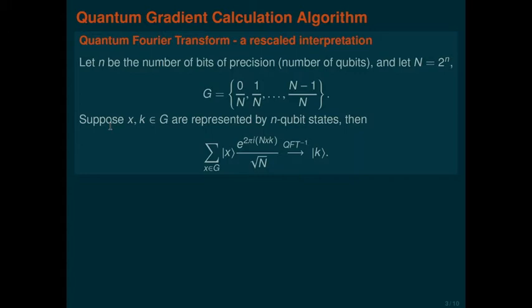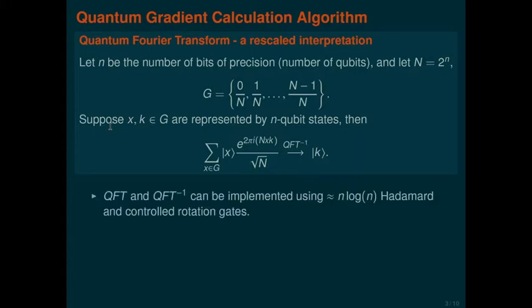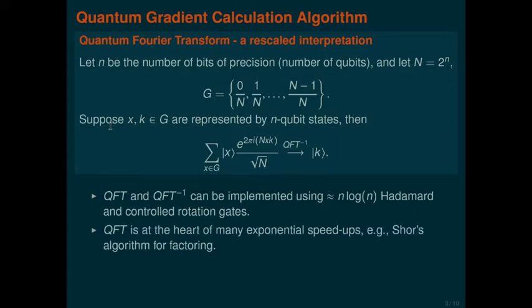Anyway, the Fourier transform from such a state would give me back basically the momentum of the state, the k vector. The Fourier transform is very useful in many quantum algorithms. It's easy to implement with a few gates, and it is the basis of many exponential speedups in quantum algorithms. And it's relatively insensitive to small disturbances in the phase, so it's kind of a robust method.